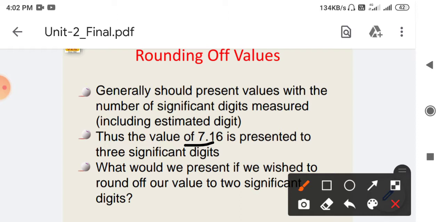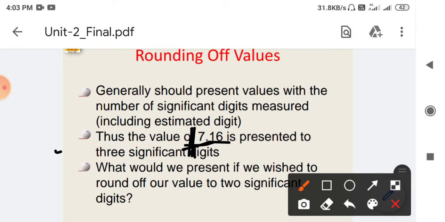So we cannot measure the 7.16 length on a given scale. For measuring this 7.16 we have to use another tool, say a vernier caliper. For measuring this much accurate value, or the predicted value, we have to use another instrument and not the scale, because it has a certain limit, that is 1 millimeter. So how can we measure the exact value of the leaf?